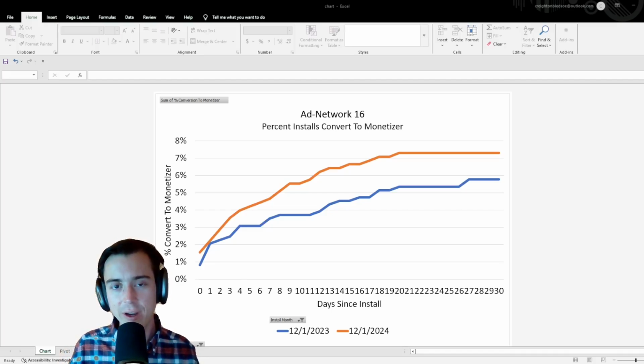How's everybody doing? Today I'm going to show you yet another technique on how to measure the performance of your paid installs. So behind me we have an example ad network 16, and we're looking at the percentage of those installs that become a monetizer over time by days since install, and we're comparing different months for the same ad network, because what we're trying to do is see if an ad network or ad partner's performance gets better over